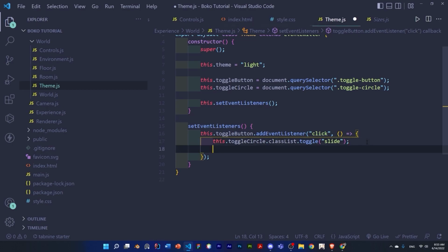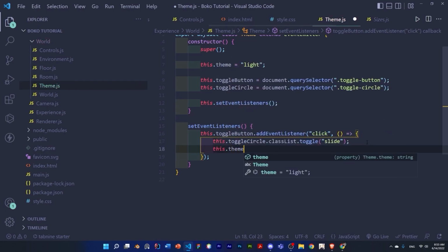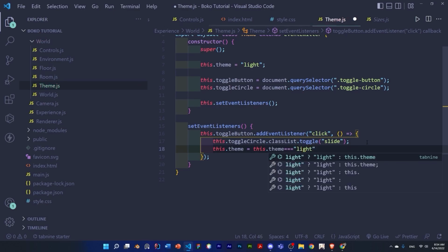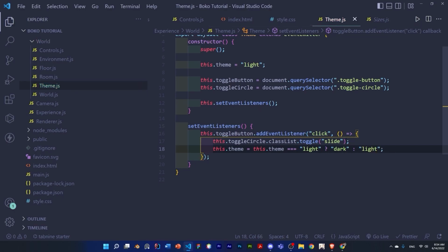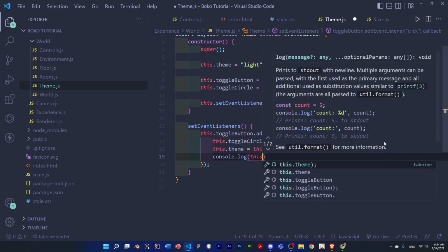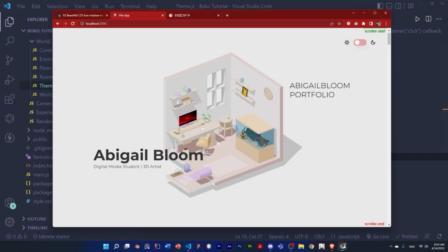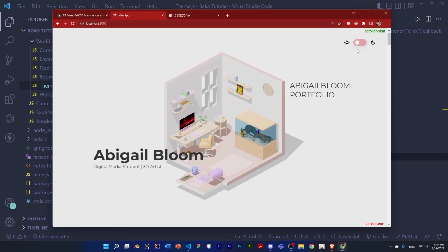Okay, so let's set up a ternary operator to set the theme based on the click. So if this.theme equals light, question mark, then set it to dark. Otherwise, if it's dark, then set it to light. And let's just save that. And let's just console.log this.theme, and let's see how it works. So let's go to our browser now. And when I click,